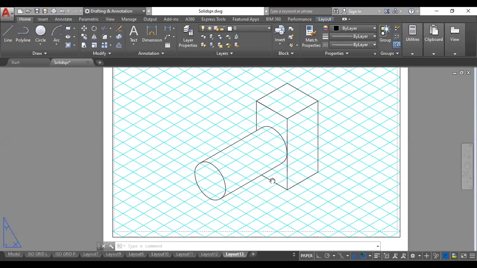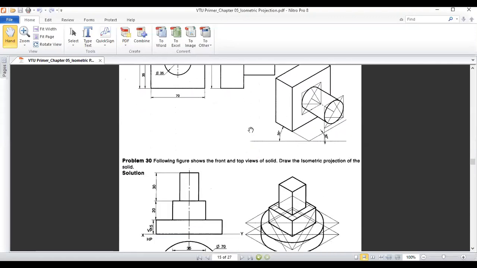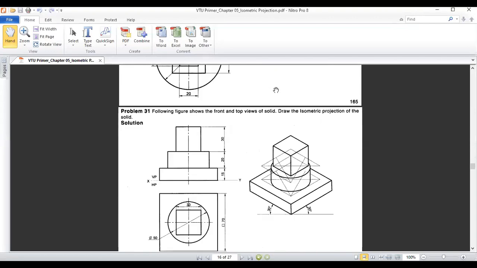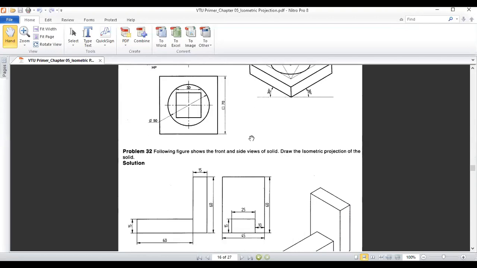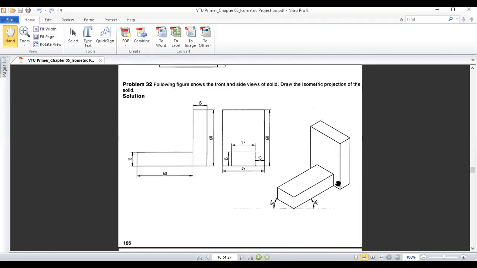So similar kind of problems, you can see this again is similar. So instead of thickness, here thickness is less. So same kind of problem. So these you can draw easily using a cylinder on top of that, and on top of that one more prism. So again you have a prism and a cylinder, a cube. So again, this is a different one. So this rectangular block, then from the bottom another rectangular block is there.